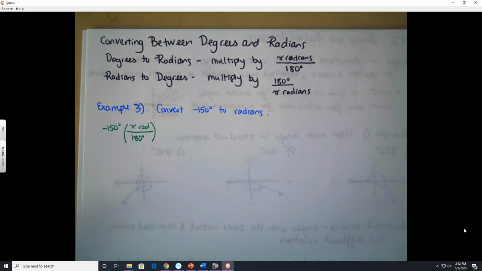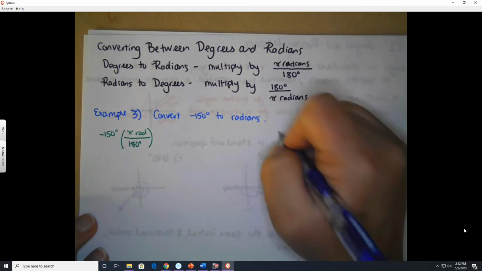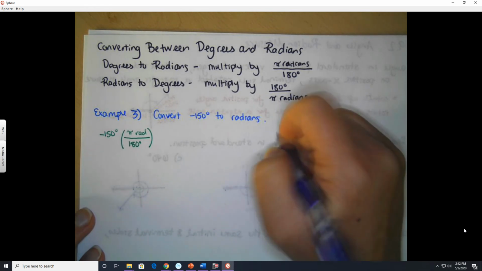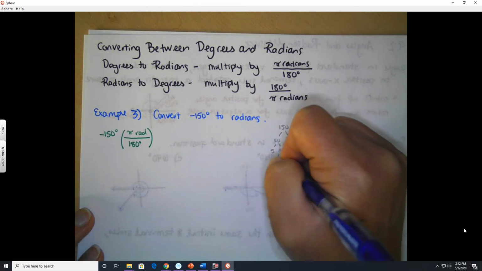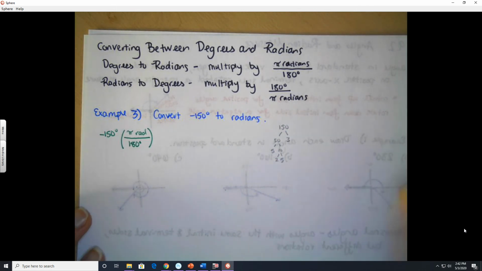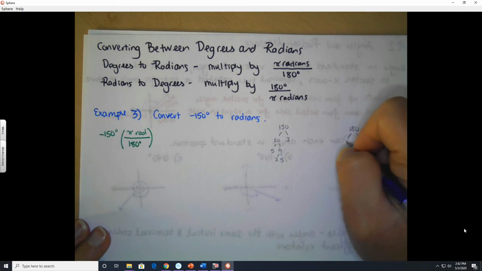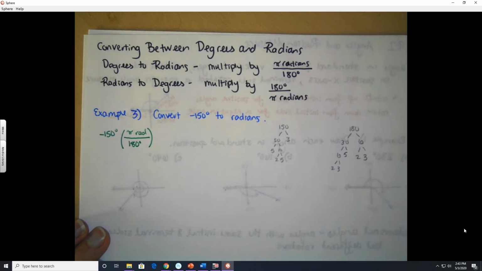If you have a hard time simplifying fractions, one strategy that you can use here is to break down these numbers into its prime factorization. So if I break down 150, 150 is what? 50 times 3, 50 is 5 times 10, 10 is 2 times 5. Okay? And I'm going to do the same thing with the 180. 180 is 30 times 6. 30 is 6 times 5. 6 is 2 times 3. So was this one. All right, so if I were to break this all the way down,